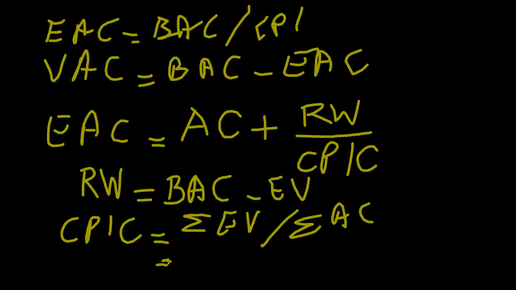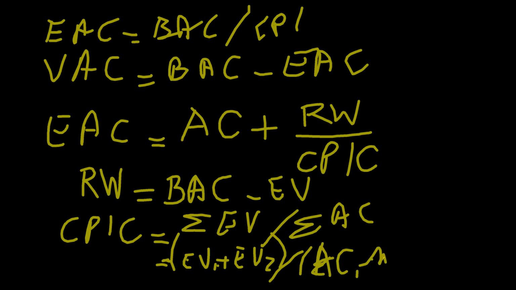सिग्मा EV का मतलब है कि जितने भी EV गुजरे, EV1 प्लस EV2, इन सबको प्लस कर लें और इन सारे को डिवाइड कर लें सिग्मा AC, यानी AC1 प्लस AC2 से। ये आपको एक बहुत ही रीजनेबल CPI दे देगा जो कम्युलेटिव होगा। CPI का फॉर्मूला EV बाय AC है, तो मैंने कहा सिग्मा EV बाय सिग्मा AC। सिग्मा EV का मतलब सारे EV जमा कर लो, और AC का मतलब सारे AC जमा कर लो, और एक दूसरे से डिवाइड कर दो।